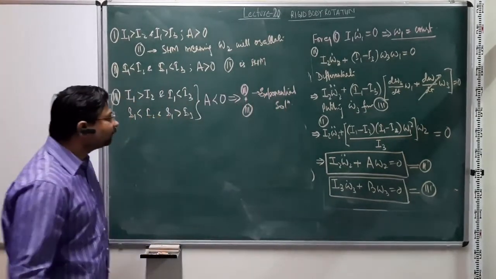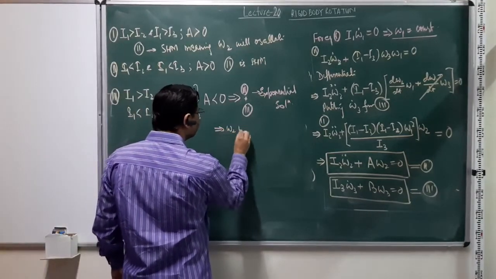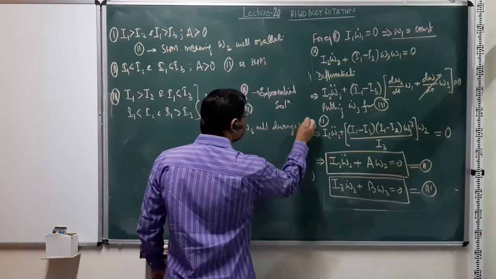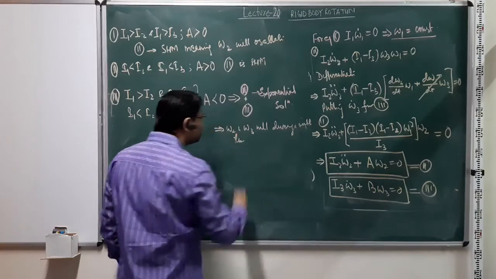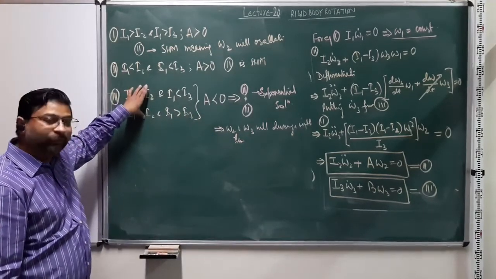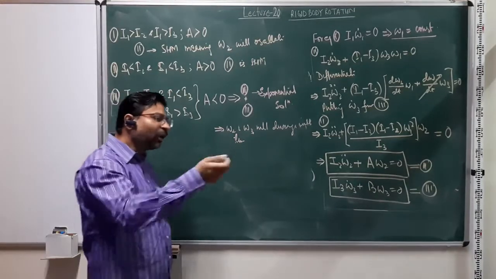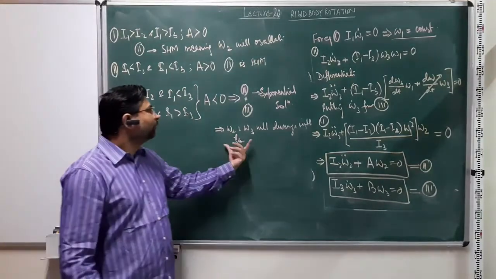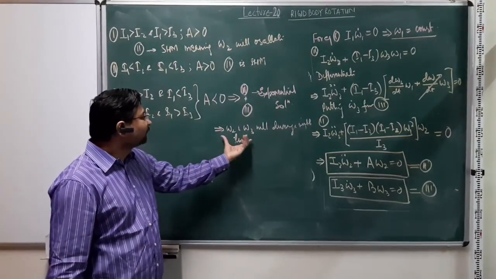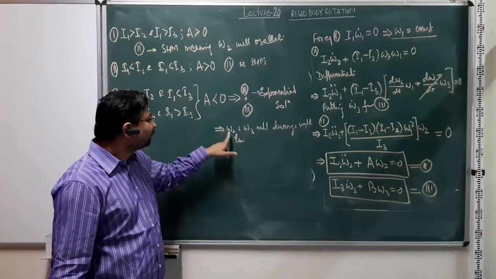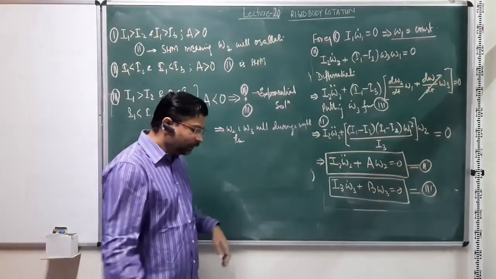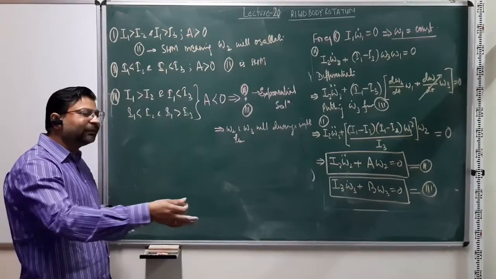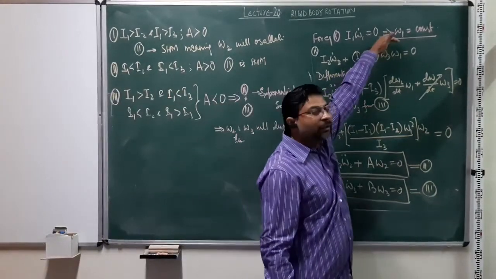An exponential solution means omega 2 and omega 3 will diverge with time. After the initial perturbation, whatever small rotation the perturbation caused along the second and third principal axes will keep amplifying, such that omega 2 and omega 3 keep gaining in magnitude. What that means is that after the initial perturbation, at any given time t, the motion is not going to be predominantly about this axis.